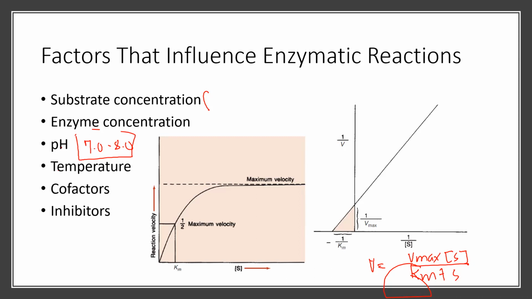That's why the human physiologic temperature for enzymes is 37 degrees Celsius. Why? Because the rate of denaturation of our enzymes increases as the temperature increases. Usually, if the temperature reaches 40 to 50 degrees Celsius, there is a dramatic increase in the reaction of the